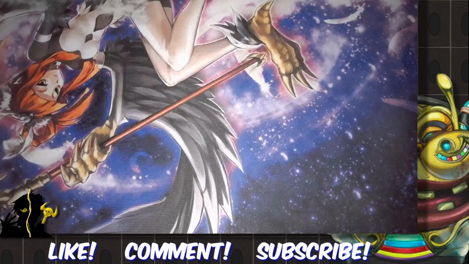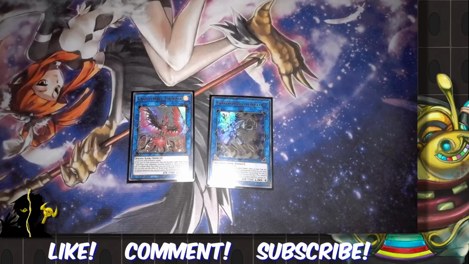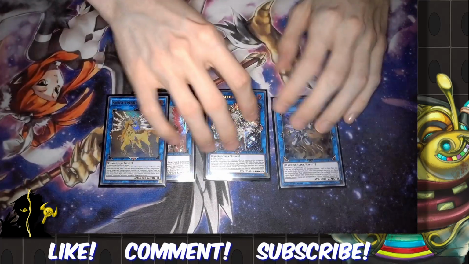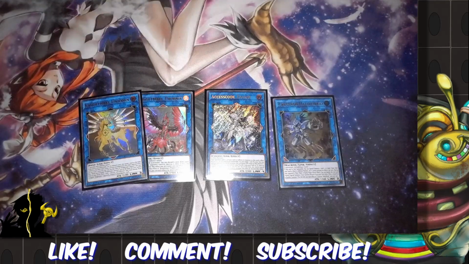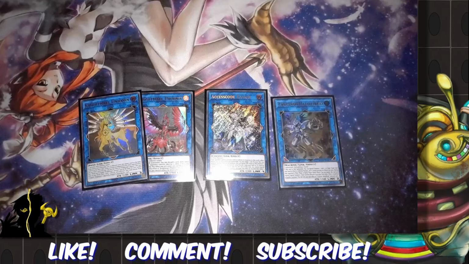Final stuff in here, we've got the 1 Needle Fiber, a Nightmare Phoenix, Nightmare Unicorn, and the final guy, Access Code Talker. These cards are all really, really nice in their own ways. Needle Fiber, super, super handy. Use it for the access code combo. It's great. It lets you close out games. This deck has problems with closing out a game most of the time, which is kind of where this deck struggles the most. But